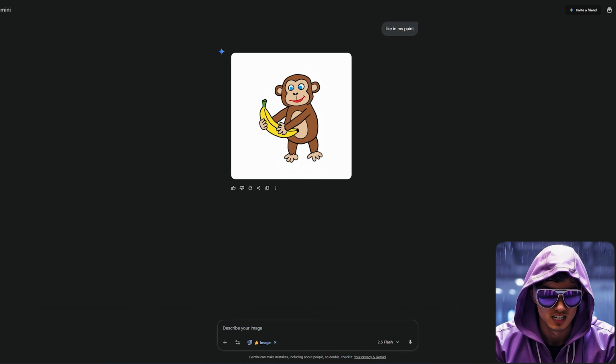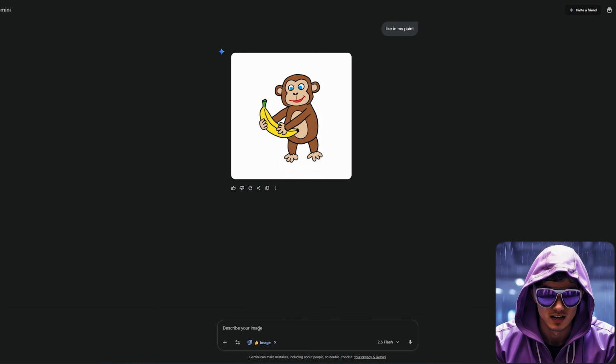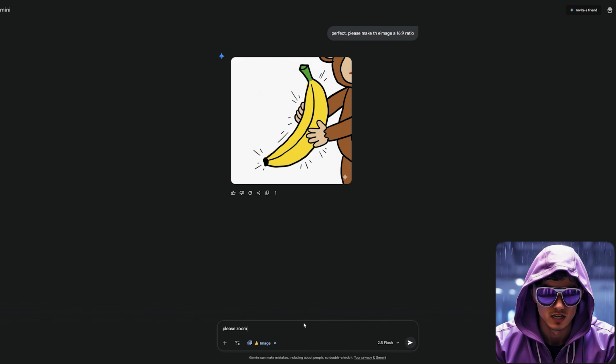Okay, Gemini has generated us one. This one is perfect. Simple, clear, and definitely looks like a quick sketch. I'll download this single image. Now let's focus on the banana. You don't have to be too advanced with your prompts. I'll just ask it to make the banana the focus of the image. All right, this one has come out really well also.